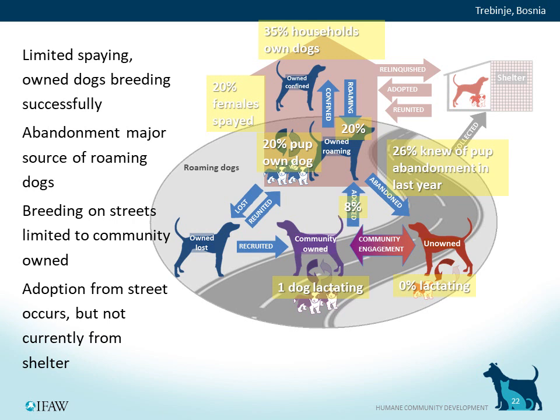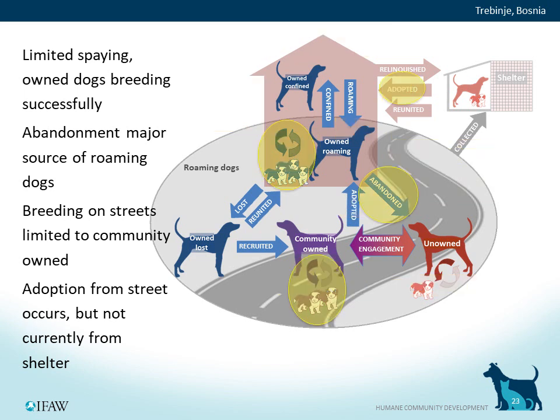We found that 8% of owned dogs had been adopted directly from the streets, but just 1% had been adopted from the local shelter, which is a shame because the shelter had exceeded its capacity and there were many dogs there that were ideal candidates for adoption back into a household. So through that initial assessment, we were able to establish priority processes for the next stage of the DPM intervention to focus upon.